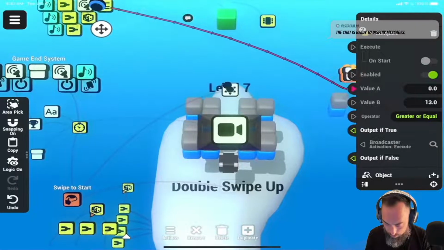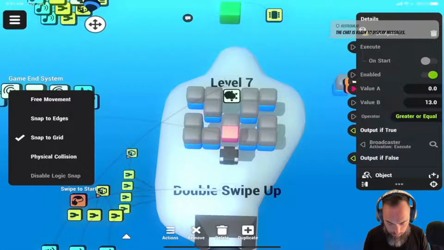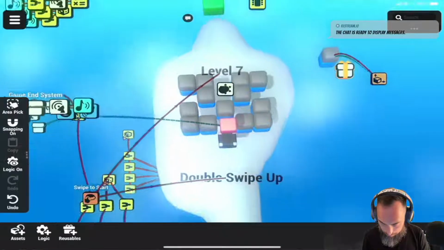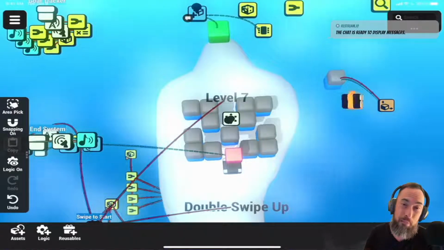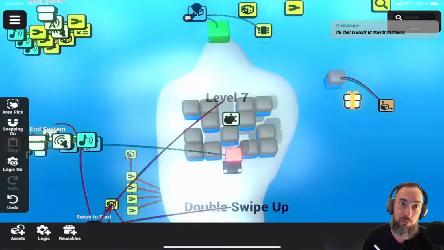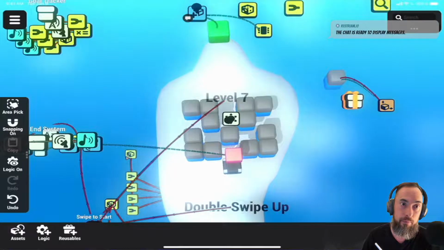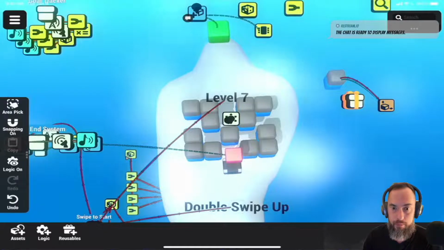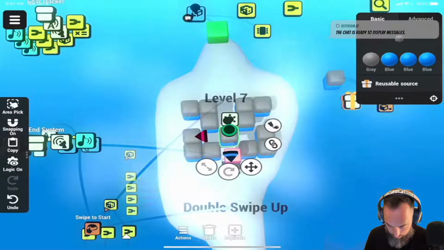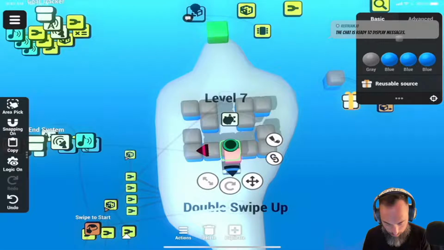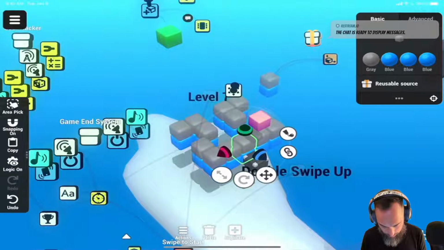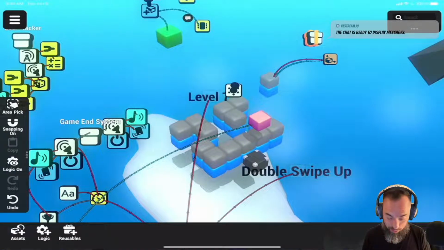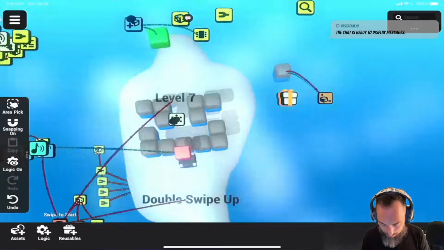So other things to notice is snapping on. I think we're gonna go to snap edges so we can move items a little bit better. So if we add or take away blocks, we're going to need to change that number. Let's just do this. Why is that not snapping to grid? Or maybe this. Okay, you know what? We're gonna do snap to grid. I thought snap to edge. I usually like snap to edges, but